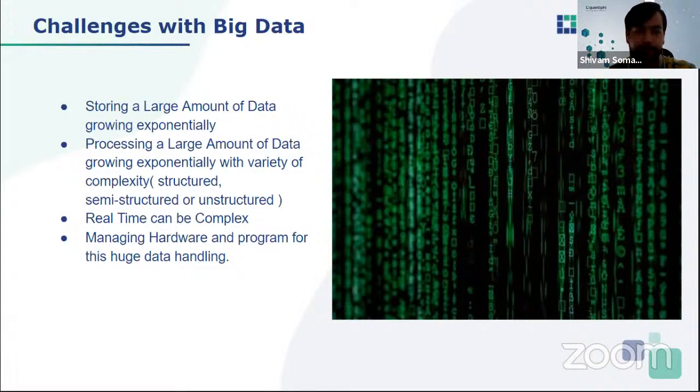Basically there are many other challenges as well, like security and privacy, everything that we somehow see in the news right now. There are more of those challenges, but from the perspective of storing or generating value, storing and processing this kind of data are the challenges we have in big data.